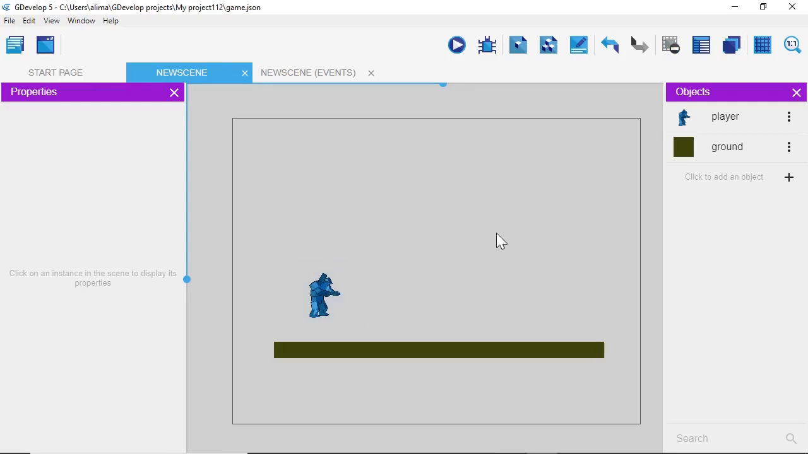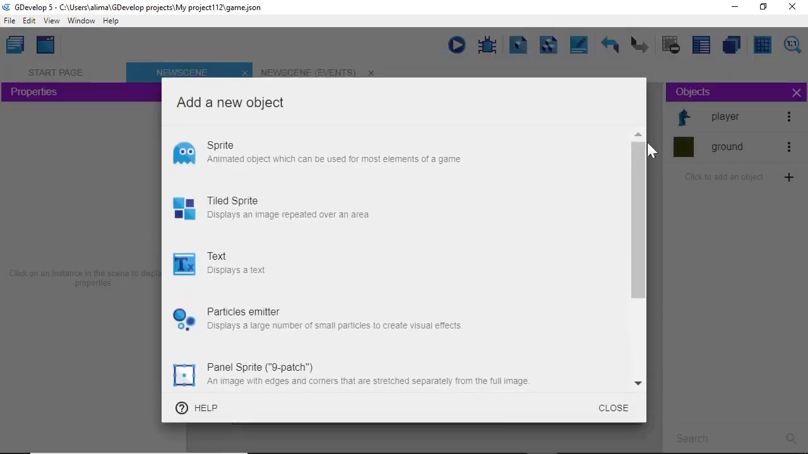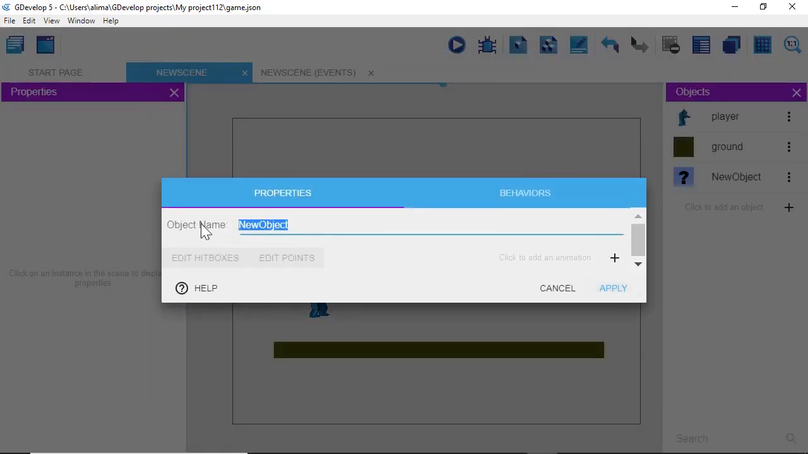Let's bring in the actual blaster. You saw it when the character walked as well as when it jumped. However, you can see right here the character is not holding anything right there. So what we're going to do is click this plus button to the right. We're going to go to sprite. We're going to name this